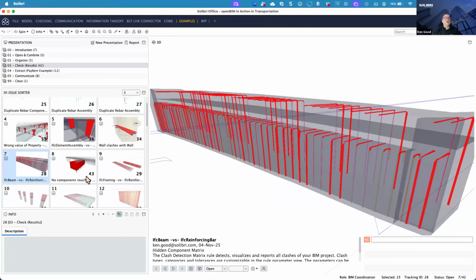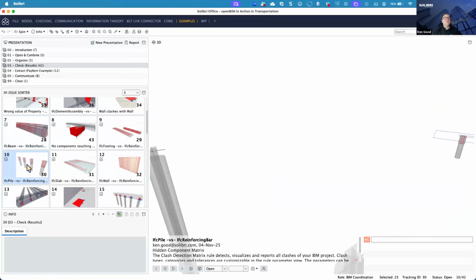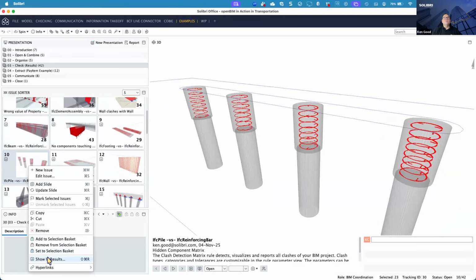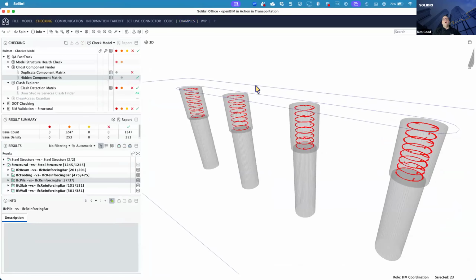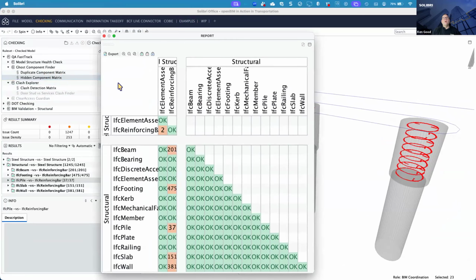So let's grab this one here, and then we'll jump to the results and look at how we actually go about processing some of these. So this is now a different part of the interface. This is a typical part where people go through, run what we call our rule sets to identify the problems, and then once we've identified them, go and deal with them. So I've got a couple of different ones here, but this hidden component matrix is